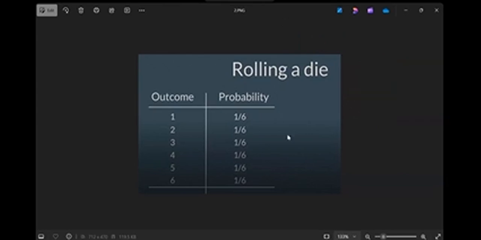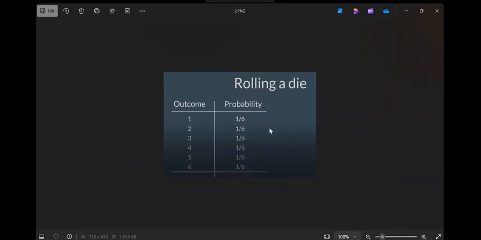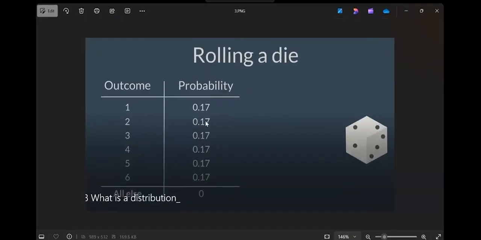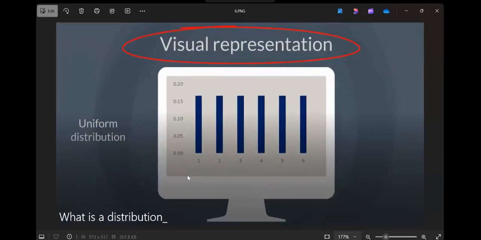Just get back to this. Chances, that's right, chances. So if I represent 1/6, it means 0.17, or not? 1/6 means 0.17. Now let me refer to the graph. Outcomes 1, 2, 3, 4, 5, 6. How many outcomes? Six outcomes. What is the value? 0.16. What kind of distribution is this? Very good. So distributions are created from probability. Are we clear?